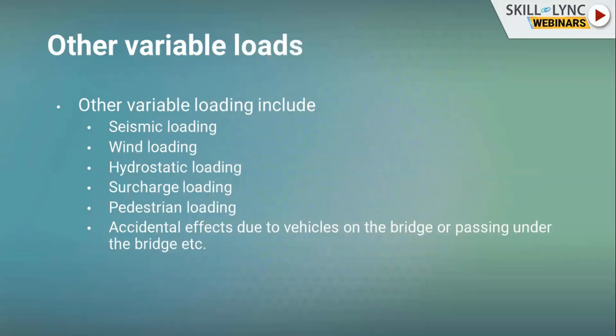And similarly, in certain bridges, we have the substructure. The vehicle does not only move on the bridge, we have cases where the vehicle moves under the bridge. So you might have a rail that can impact on your piers. And similarly, if it's a ship or a barge, they can also impact on your substructure, the pier. So these things are covered in the accidental actions.